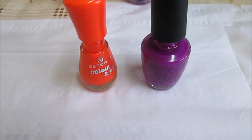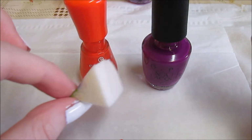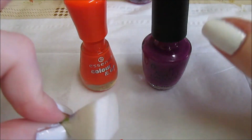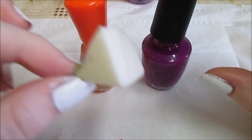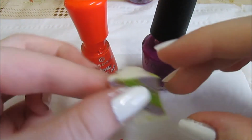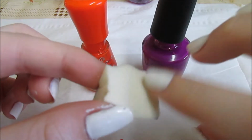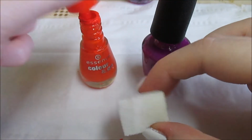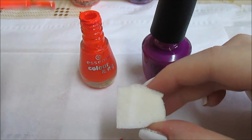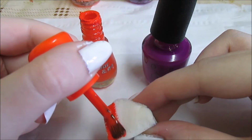So once your white nail polish is completely dry, make sure it's dry because it will mess it up if it isn't. You have to have your two colours of choice opened and ready to be used. And then you're going to take a sponge. I'm just using one I used already because I just cut off the other end, and it works perfectly. So what you're going to do is take your orange colour or whatever colour you're using and paint half the sponge that colour,